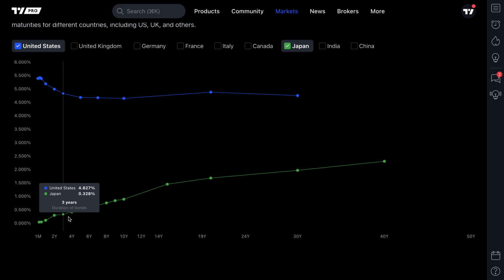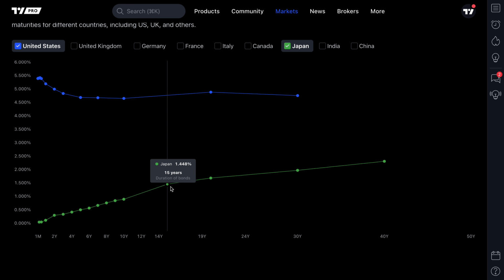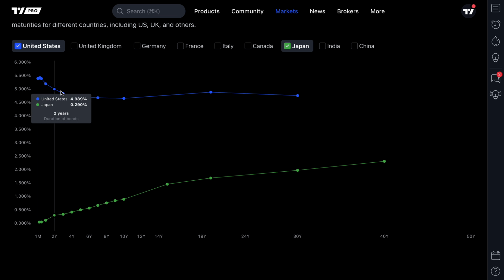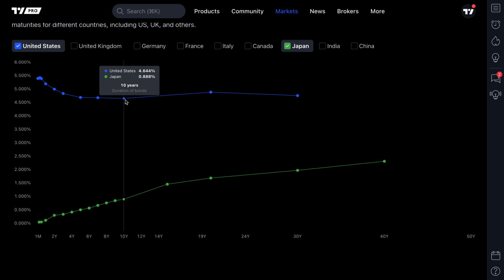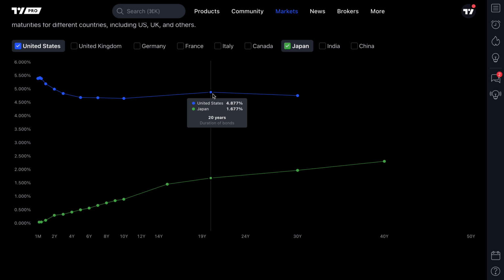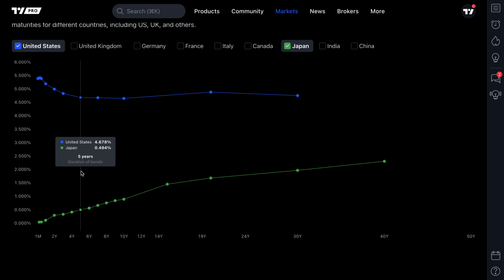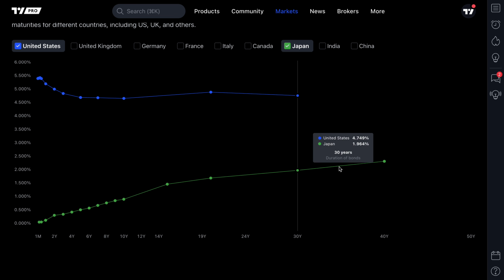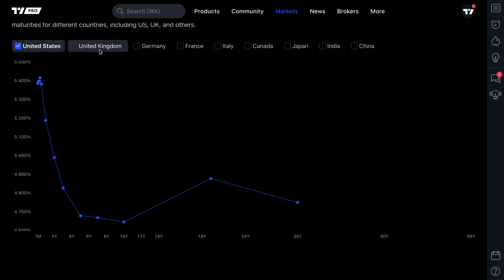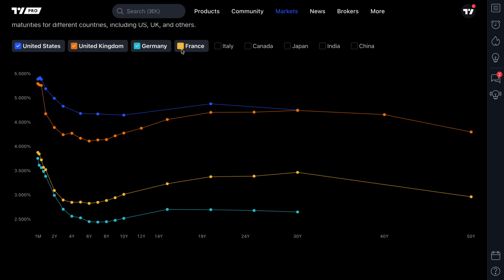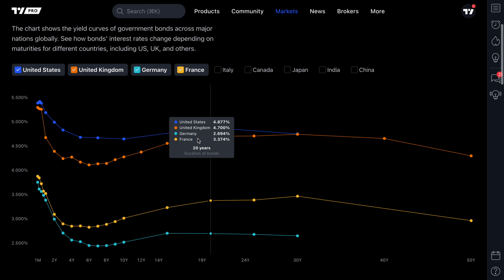Because look at the slope here of Japan bonds at this point in time. Compare that to the blue line up here, which is the United States, and look at the slope of the United States bond yields. They are almost trending downward, whereas Japan is trending upward. You can see now all of this information on the chart here and make more informed decisions based on all of the available data to you. And don't forget, you can compare and contrast the countries of your choice just as such.